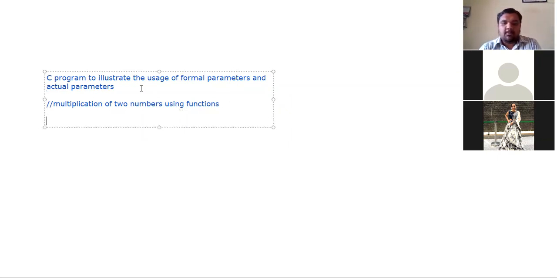Okay, so now let us write the program. Hash include stdio.h. int product. We have written the return type for this function, product. Now I want to declare the variables present in this product. I will take two numbers, that means int comma int. I have declared the parameters in the parenthesis, list of parameters. What is this? Function prototype.